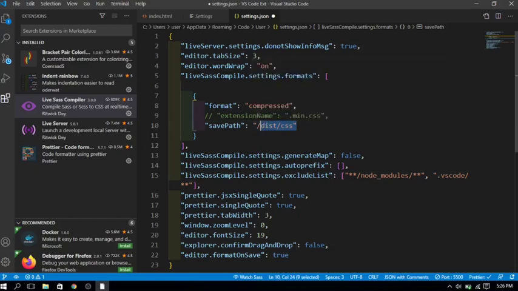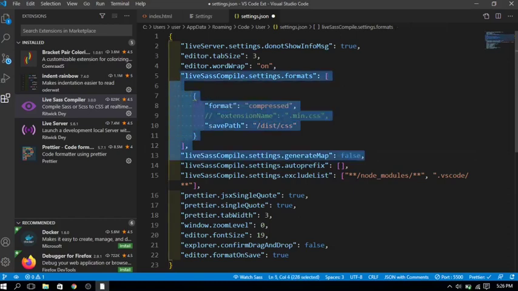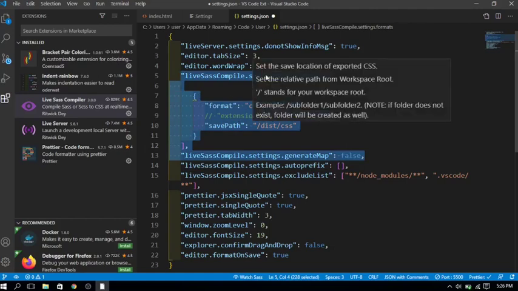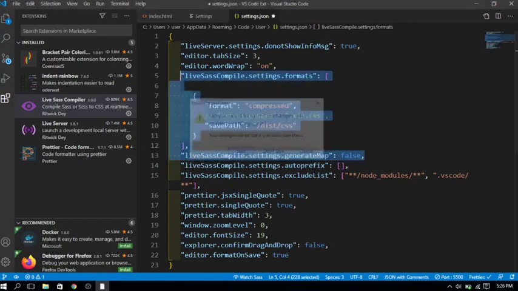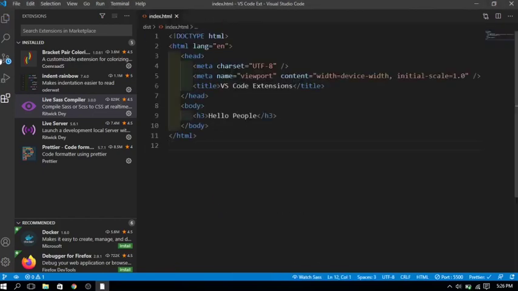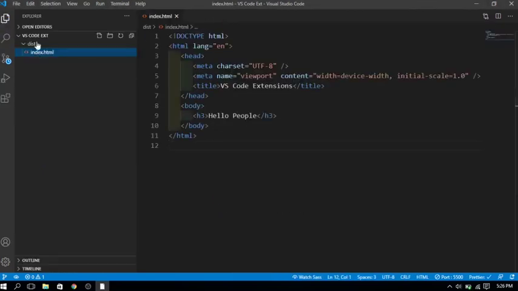And I also changed generate source map to false, because I've never really used the source map. I just wanted to show you guys this. So if you'd like to use these settings, you can also copy them and use them in yours. To show you how this works, I'm going to save. I'm just going to head on to my text editor right here,